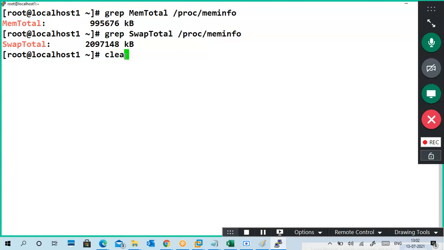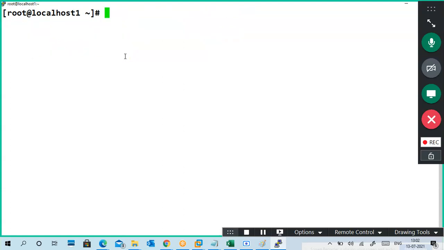Yeah. So what is my point? I will create one more partition, a 2 GB partition. I'm adding 2 GB to my swap partition. Okay, so how to create a disk partition?